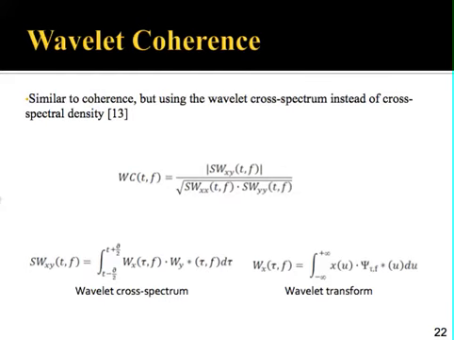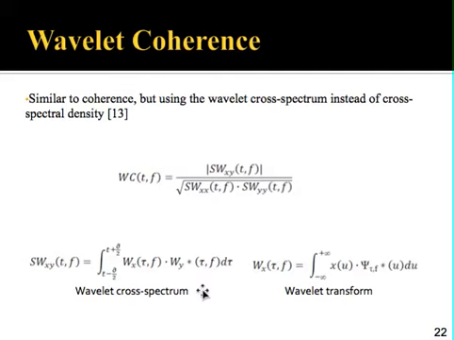Here's the mathematics. This is what's analogous to the wavelet cross spectrum, where this W is our wavelet transform, X of U would be our original data, psi would be our weighted and scaled wavelet function. So the wavelet transform comes out, and so now you can see you have channel X, channel Y, and you're just doing the same kind of integral that you did for the frequency coherence,